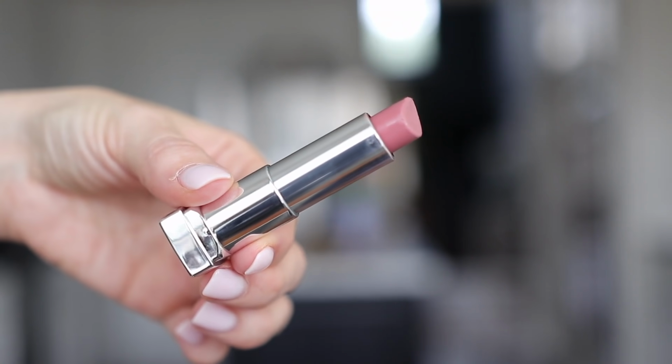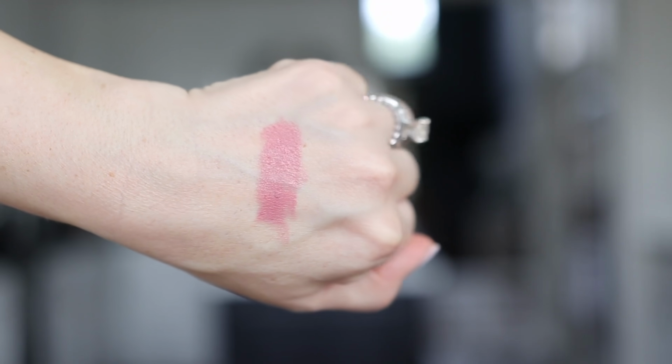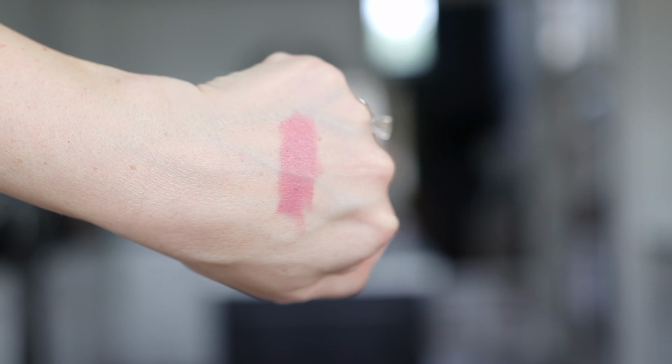Next and last in the beauty favorites from 2019 is the lipstick I have on, also still a favorite. It's the Maybelline lipstick in the shade Romantic Rose. It is a beautiful, very soft, wearable pink. Still, I feel like Maybelline is one of the best drugstore lines for lipstick out there, and I just haven't